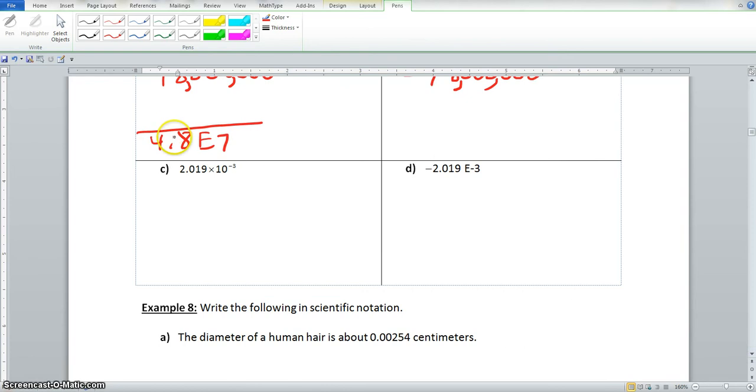Now we come here. We had 2.019 times 10 to the negative 3. That means we move to the left 3 places. So then that will leave us 0.00